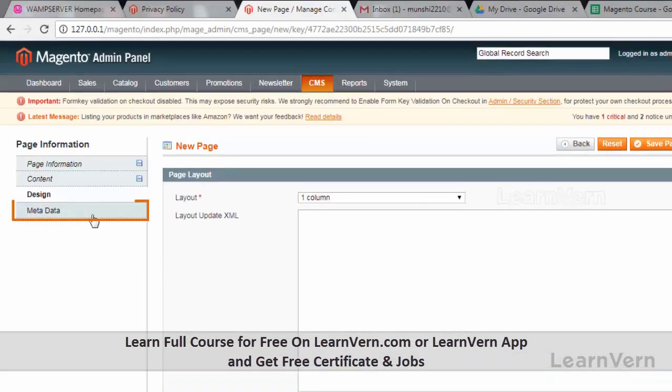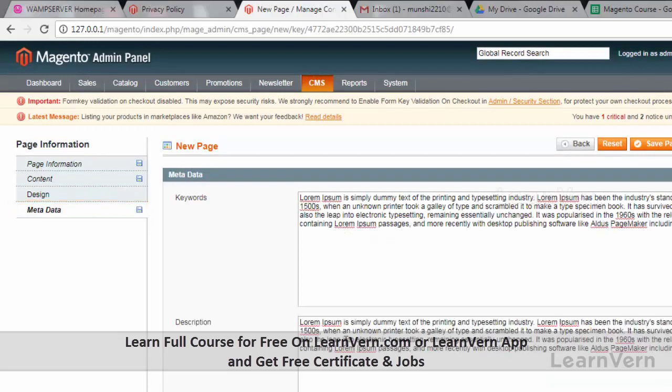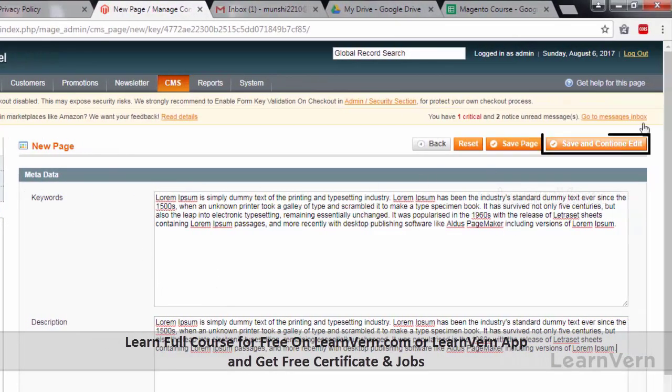So I am just going to move to metadata and paste the same text, as this is a dummy text and we don't have any meta keywords or description. If you have any meta keywords or description for your page, you should add it in here. However, these are not required. So we'll just save our page,